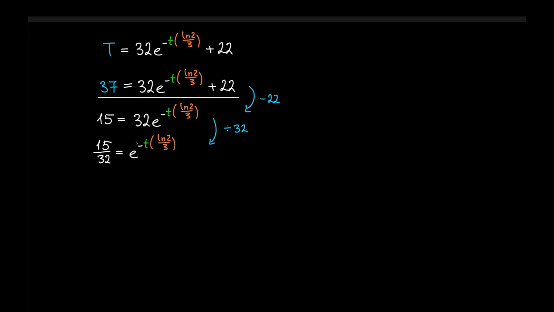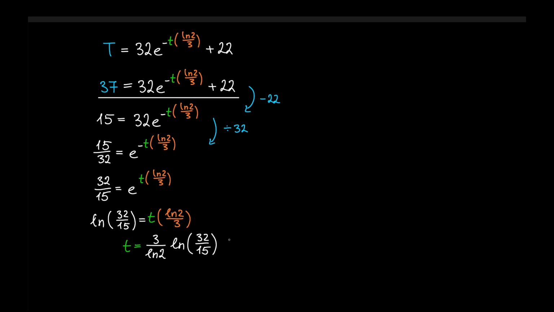Next, it would be really nice to get rid of this negative sign in the exponent. All I have to do on the left-hand side is simply flip the fraction. And then next, to get rid of the exponent, I can leverage the natural logarithm. And finally, in order to solve for t, I just have to divide both sides by the proportionality constant ln 2 over 3. And this right here would be our answer, only it is in exact form, so we have to put it into a calculator